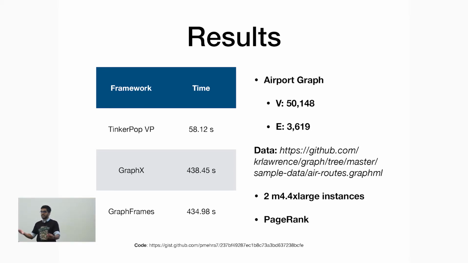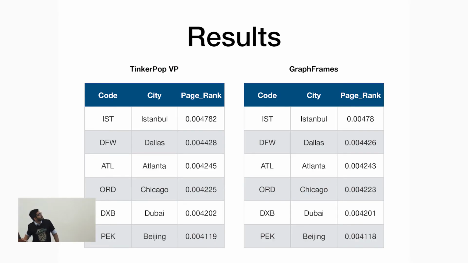Now, I wanted to see if this would scale to a much bigger graph. So I don't know if you guys have seen the data set, the Twitter 2010 data set. 41.6 million vertices, 1.46 billion edges. Now, I underestimated how long this was going to take. So if you guys want the results, my job is still running. Hopefully by the end of the week, I'll have the results. But I have the code, and if you guys want to run it, go ahead. But yeah, unfortunately, I don't have the results for today. I apologize. It would have been cool, but